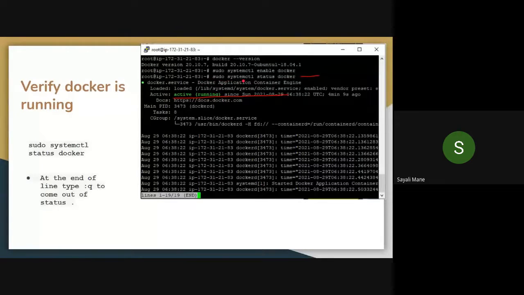After entering, you will see a message as active (running), which means your Docker is running perfectly. Once you have entered the command, please take a screenshot, highlight this active running part and the command also.